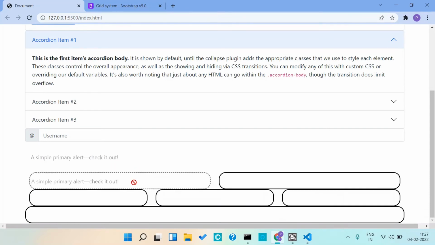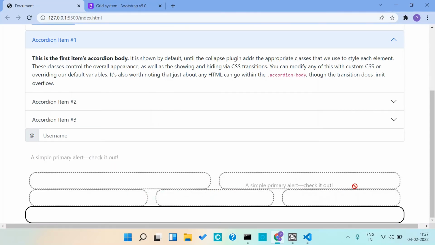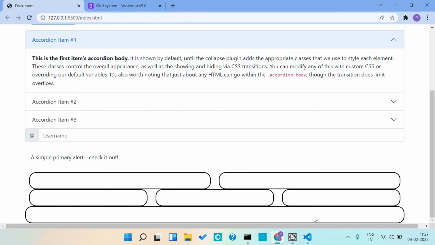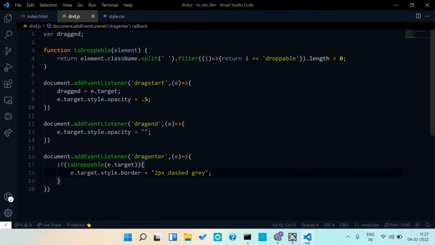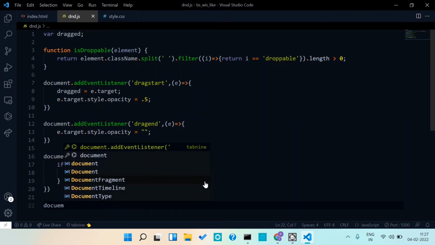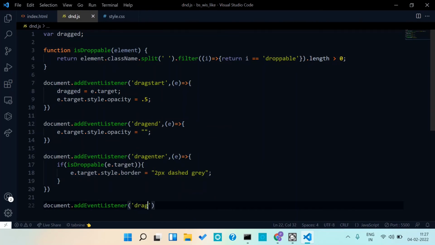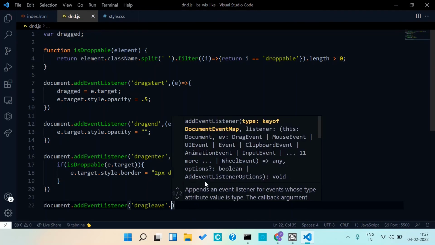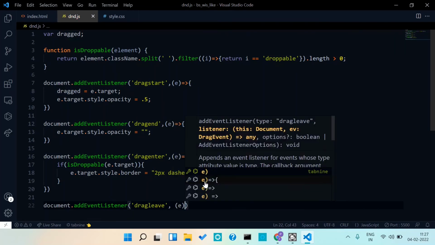Now let me show you. See, but whenever we are leaving, whenever we are going out, then also it is simply dashed only. So let us change it. For that, we have one JavaScript event known as dragleave. So let us set up one event listener for that. Dragleave,